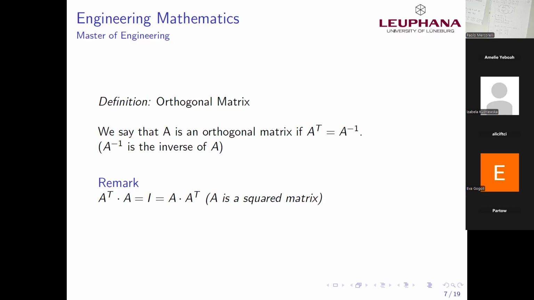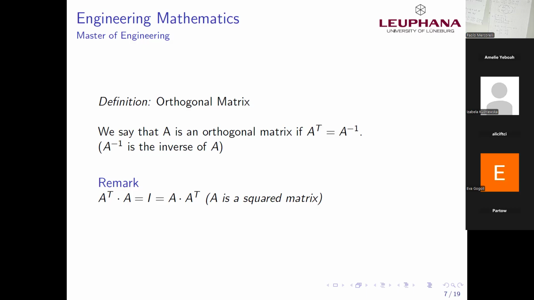Okay, let me restart recording. Yeah, look at this very quickly, this definition, even though at this moment I will not use it much, but we will see if at the end of the semester I can show you some aspects related to dynamical systems and so on. We can see directly, if you read this definition, that this concept is a little bit different with respect to the orthogonality